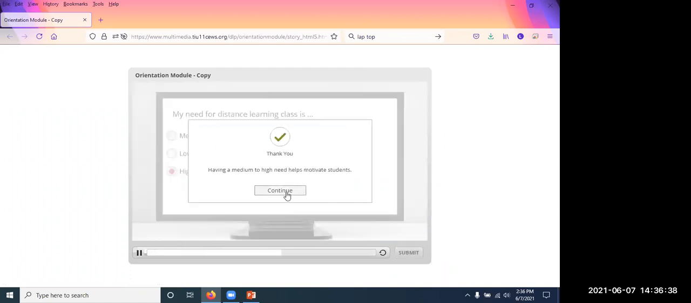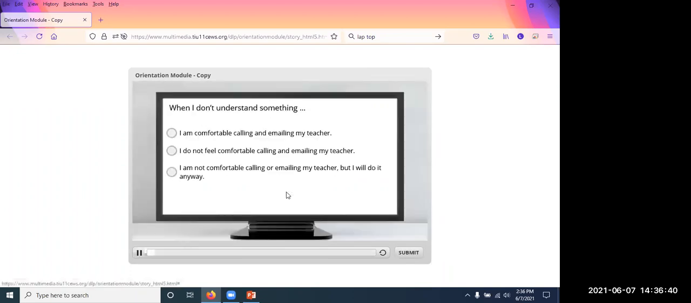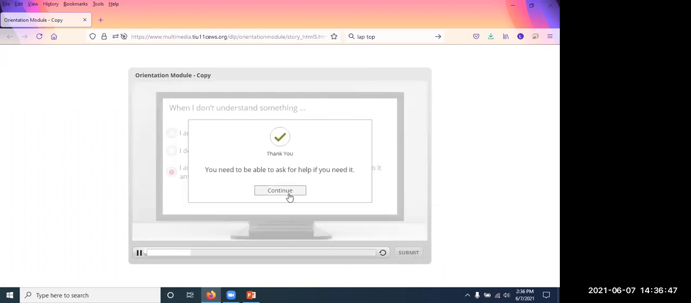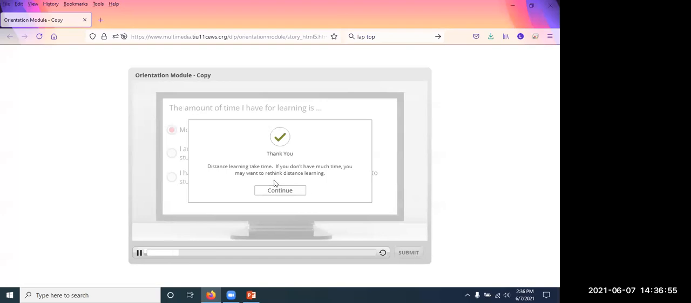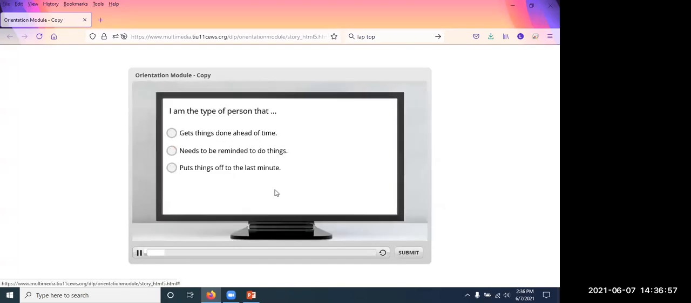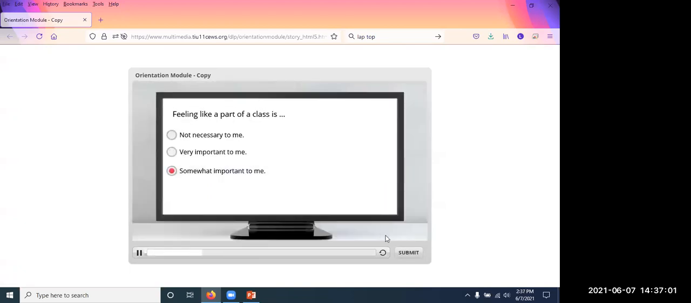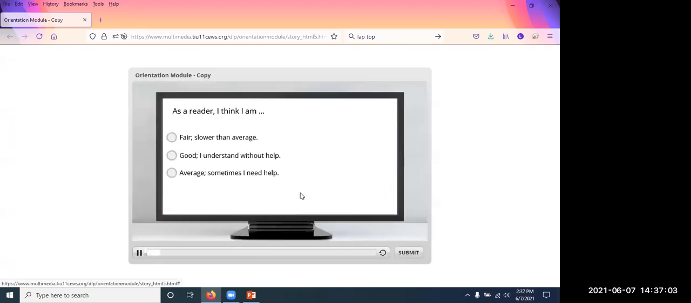And then each one of these questions has some built-in feedback based on their answer. And it's just a way for them to think, is this what I really want to do? Would I prefer going to a face-to-face classroom? How much time do I have? Those kind of self-reflection questions. So I'll go through a couple more of these quickly so we can get to some other meat